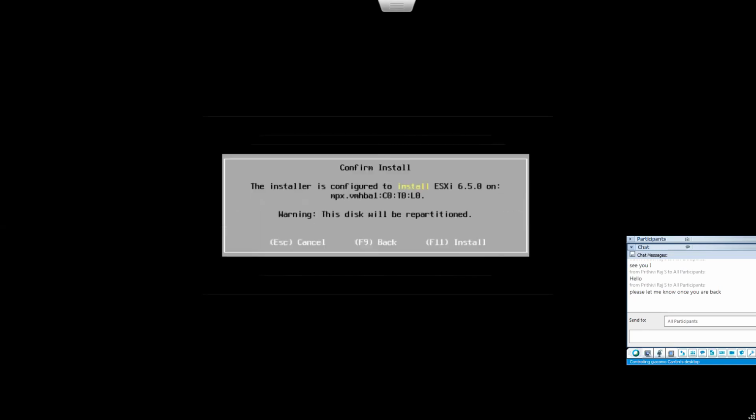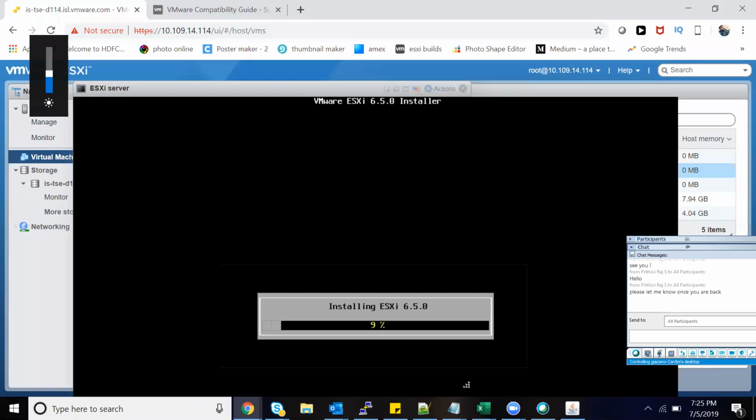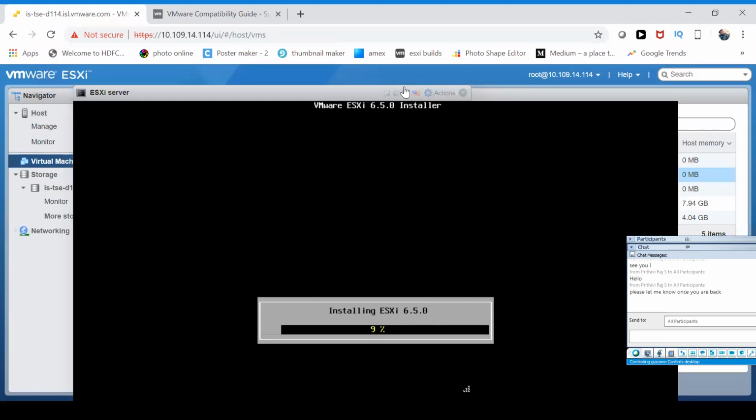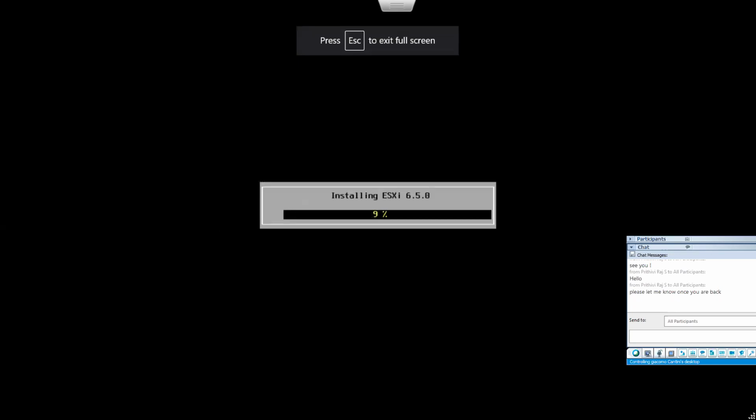The highest priority is the root password, and then it should be the administrator password or something like that. No, only that. Okay, now we can see installation is ready. I'm going to click F7. That's the installation of ESXi. Pretty straightforward, very easy.